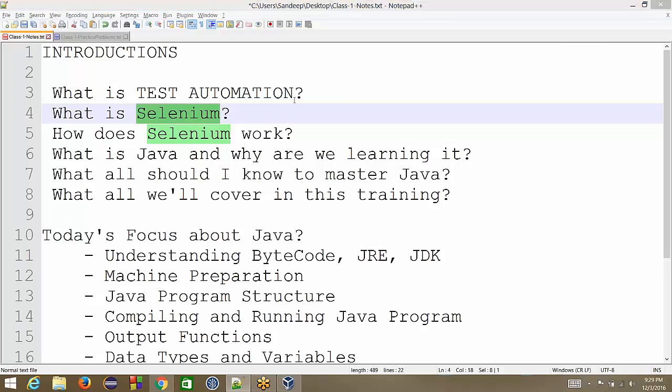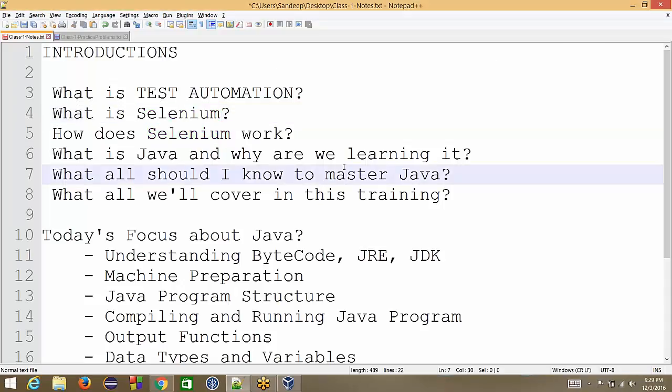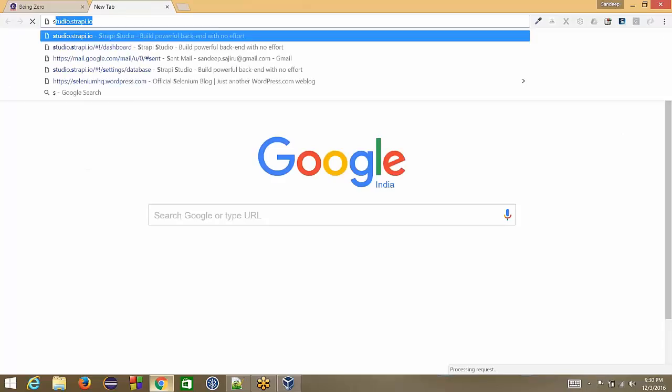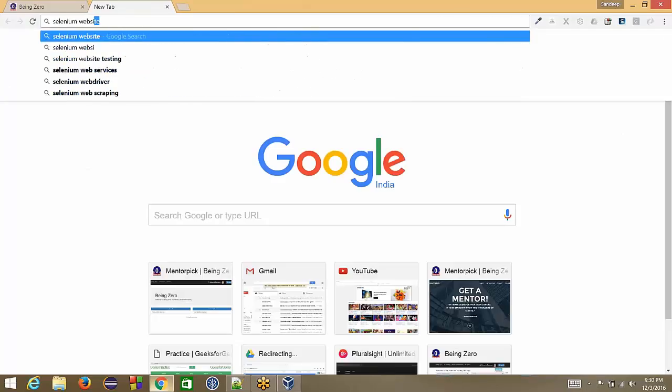So basically Selenium helps us automate only web applications. Is that correct? Yeah, it is correct. It only supports web applications. And if we head on to the Selenium site, if we go there and see the Selenium website,